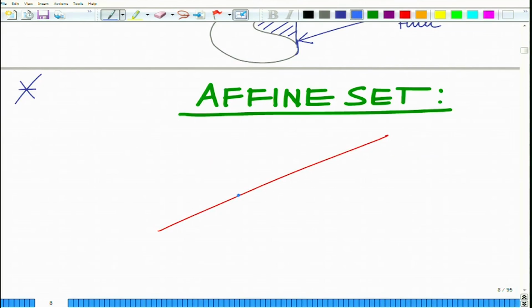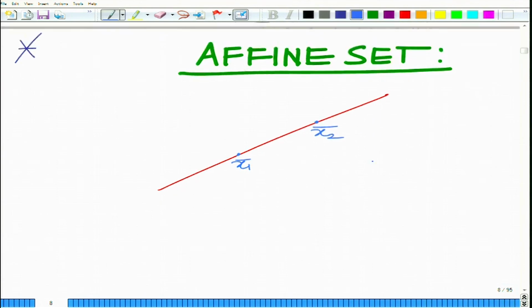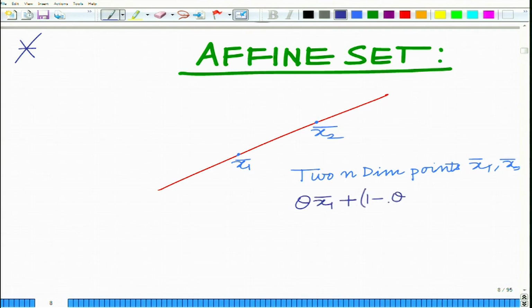Now, what an affine set is, if you consider any 2 points x1 bar and x2 bar, similar to the definition of convex set, consider two n dimensional points x1 bar comma x2 bar, and now perform the combination theta x1 bar plus 1 minus theta x2 bar,